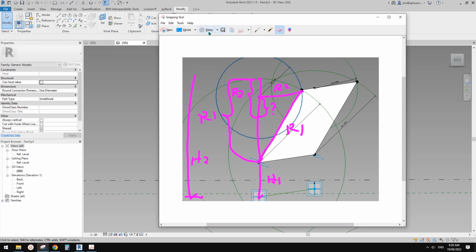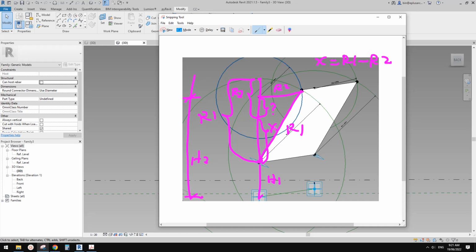H2 minus... sorry, this is a little bit tricky. R1 minus R2 equals this. So let's say X equals R1 minus R2,